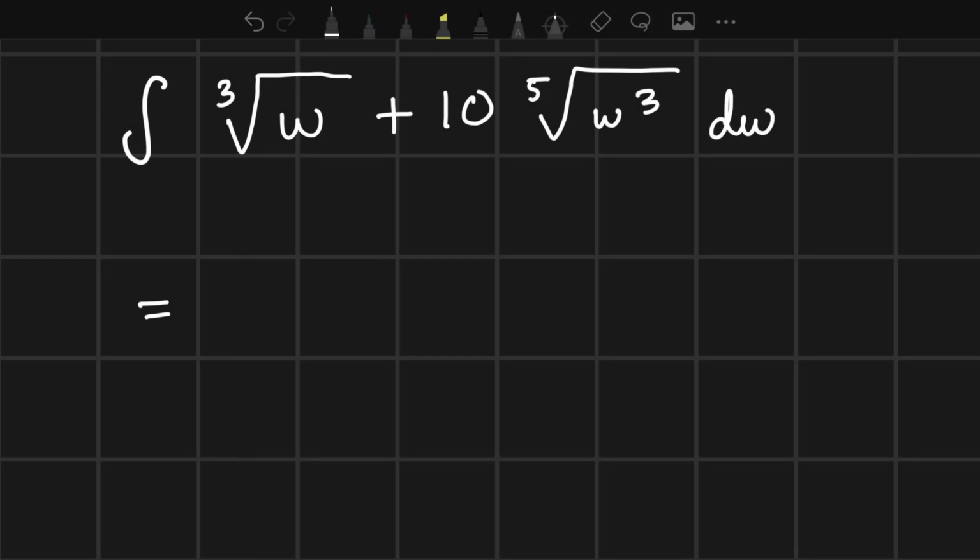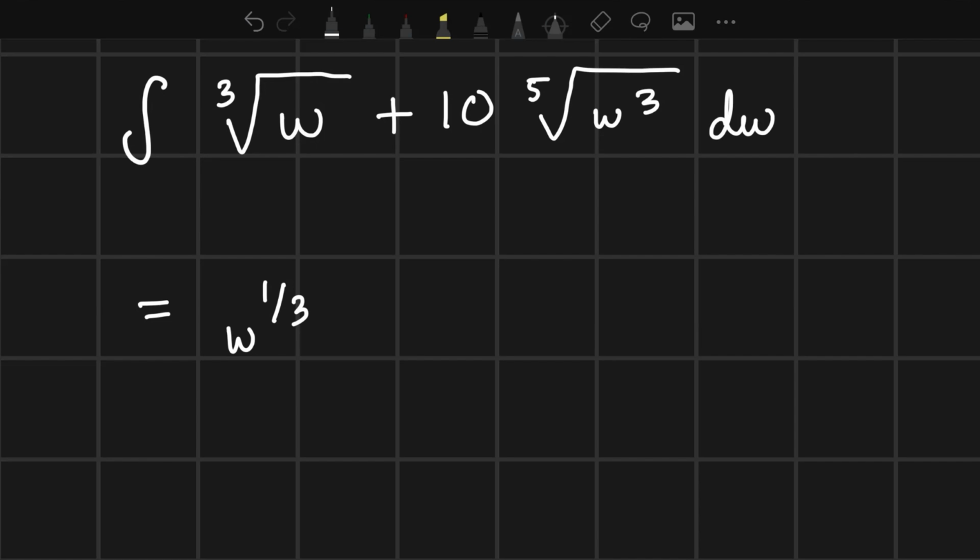So we have another integration question here, and this time it may seem a little bit complicated because we see roots here, but we're going to do some rearranging and solve it using the power rule. So for the root rearranging, for the first part, we have 3 root w. What I'm going to do is write it as 3 w to the 1 over 3,